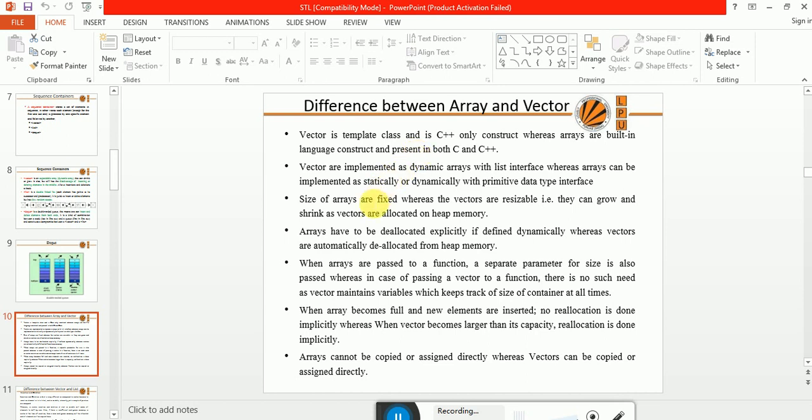Size of the arrays is fixed if you are allocating memory at compile time, whereas vectors are resizable. You can resize the vector at any time. The reason is the vectors are allocated memory from the heap section. Arrays have to be deallocated explicitly. It means if you are allocating memory at runtime, you have to deallocate either with the help of delete or with the help of the free function. Otherwise a memory leak may happen. But in case of vector, you don't have to worry, because everything will happen automatically, allocation as well as